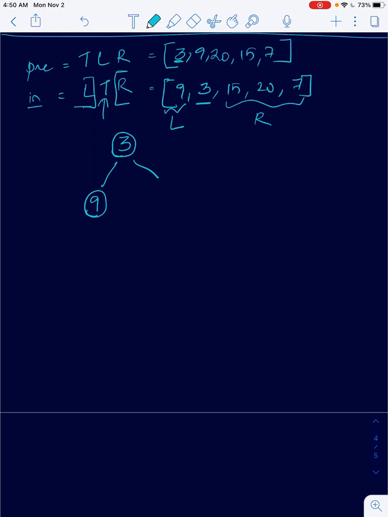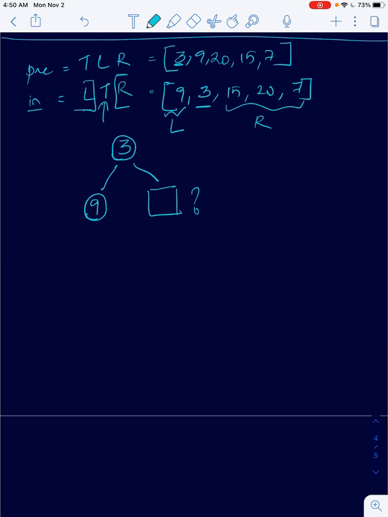Now when you come to the right side of the things, how would I determine what will be the root here, and will I have something like that or will I have something like that? We don't know that structure. So first order of business is to determine what the root is. So if I recursively go here and I'm saying that, okay,